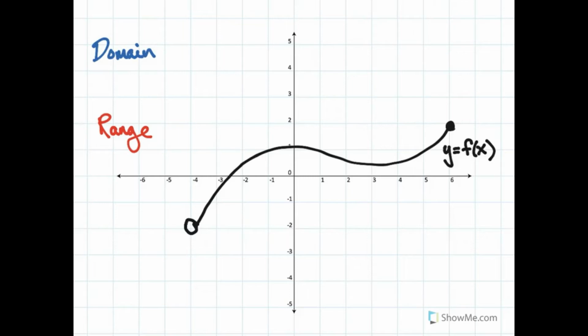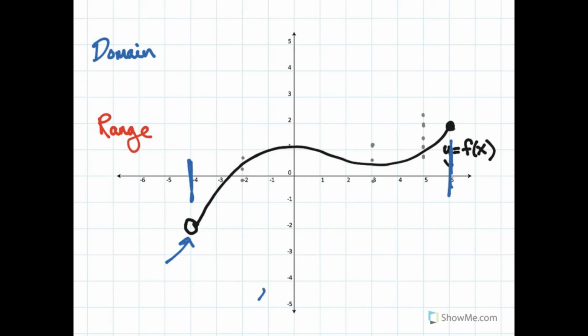For our last example, we don't have an equation at all. We have the graph of something that's a function. If I try the vertical line test, I don't get two y's for any of the x's. But it's kind of artificial in that it's limited. It's limited in both its domain and its range. So its domain goes between -4 and 6 on the x-axis. The open circle means that -4 is not included.